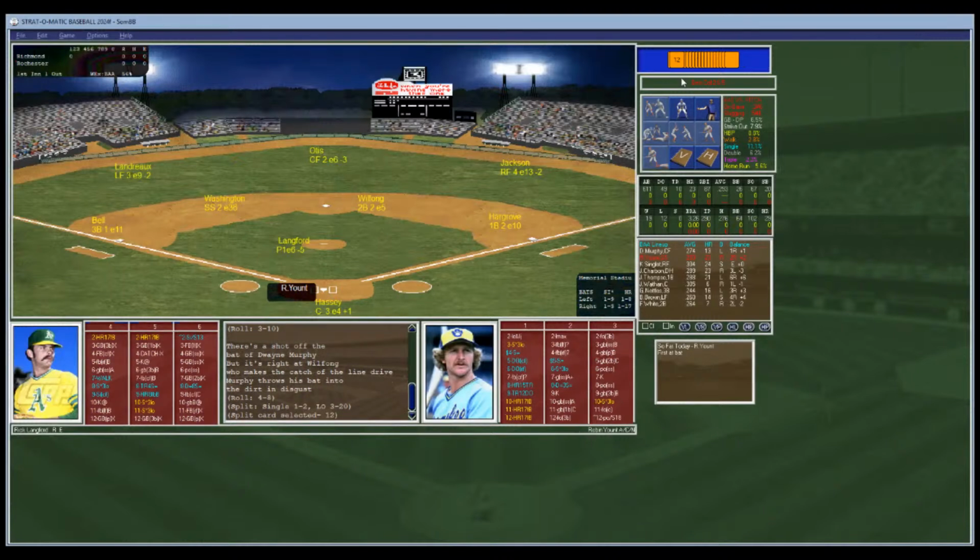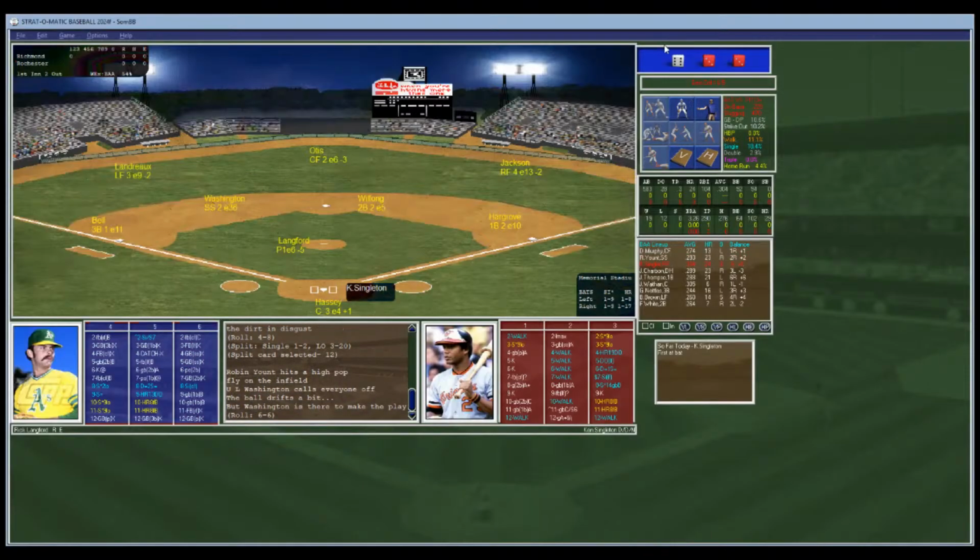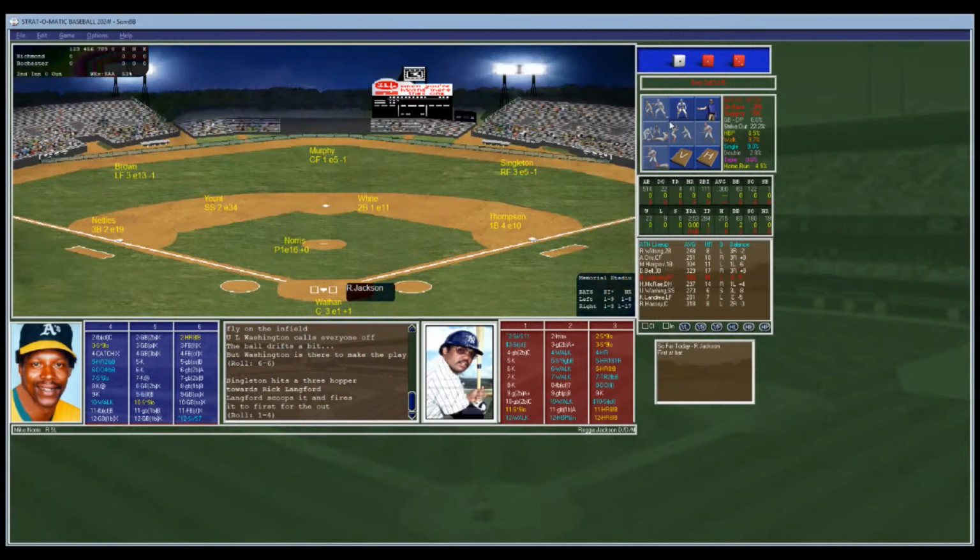And here's Robin Yount. Good solid ball player, great power versus righties. Holy cow, 11-0, 11-12 is ballpark power. So Yount steps in, Langford looks in. Here is the pitch. This is going to be a pop to short. Washington there, 2 outs. And here is Kenny Singleton, .304 hitter, 24 homers, 104 RBIs. Langford looks in, and the pitch. Singleton ground ball, the pitcher back to first, gets him. 1-2-3 inning here in Rochester. Richmond nothing and the Red Wings nothing.